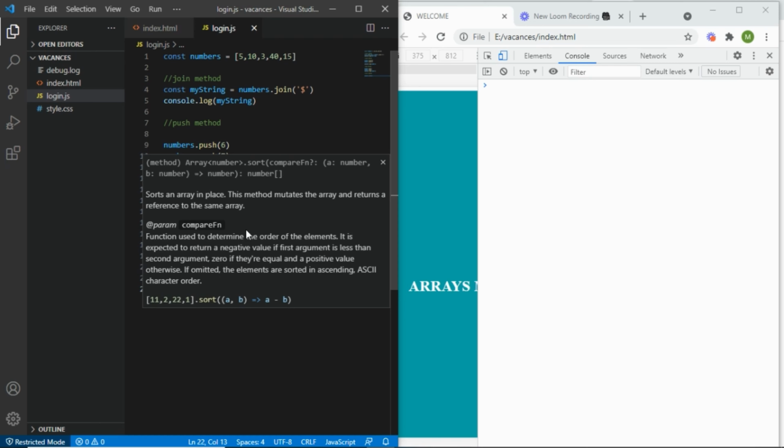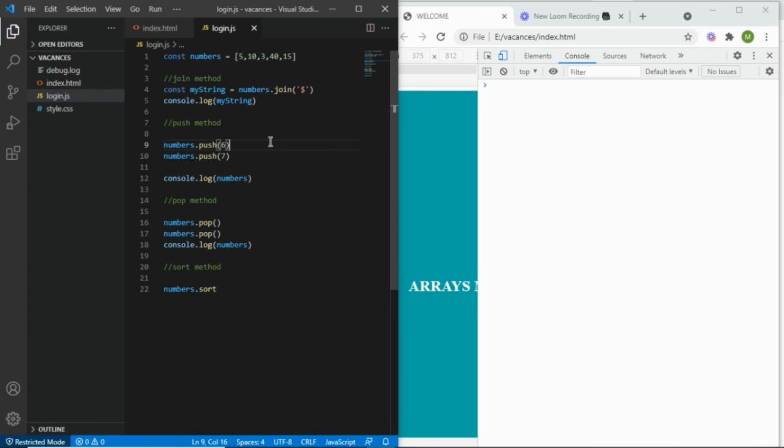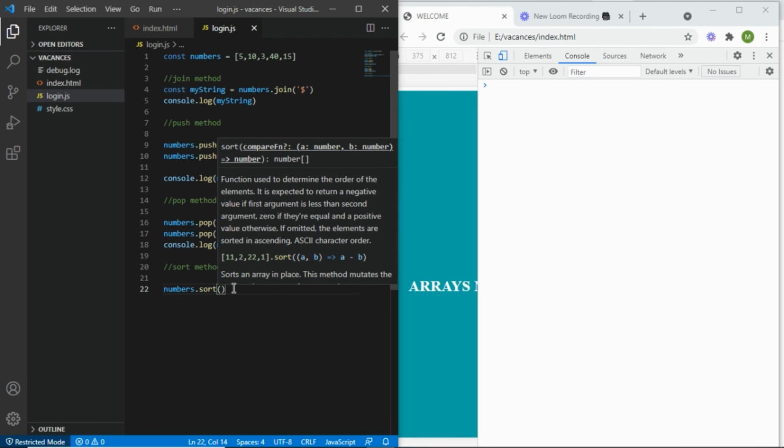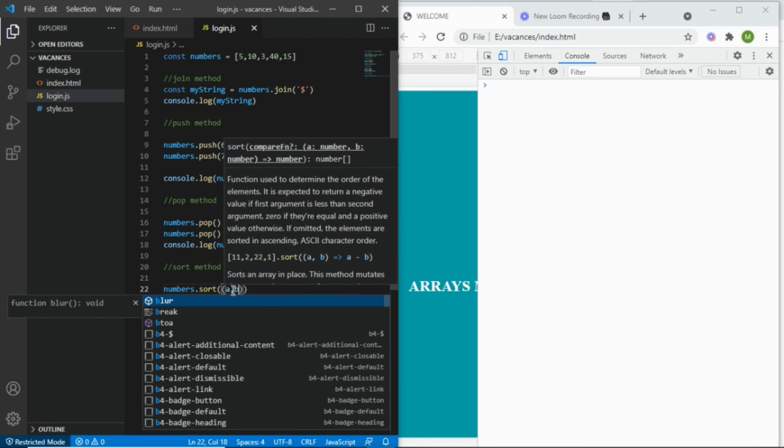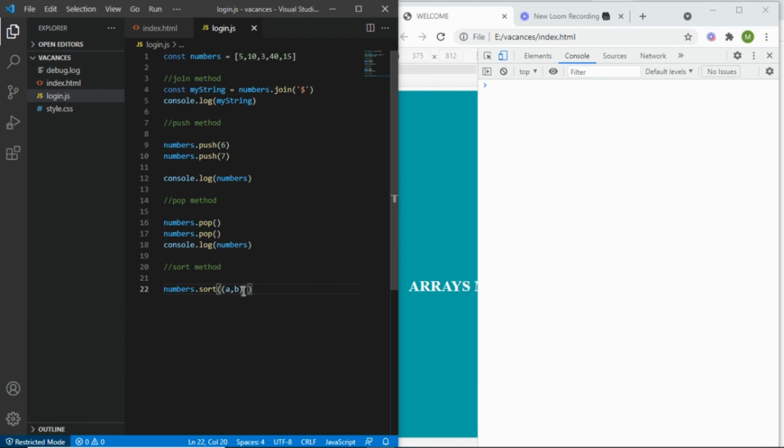And as you can see here, if you hover over that function, you quickly get some hint. That's because our VS Code is aware of that function. And here you're just going to say, I'll use the arrow function, and I'll say A, B, and that should return